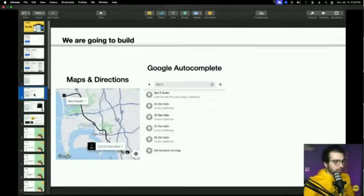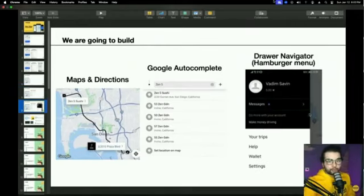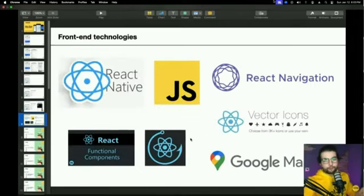Then what else is the Google autocomplete features, as I already told. And also we're going to implement the drawer navigator, because a lot of you have asked about this, how to implement it, so we're going to get into that today. Regarding front-end technologies, as always, we're going to use React Native with JavaScript. We're not going to use